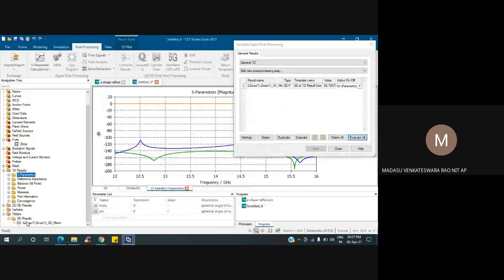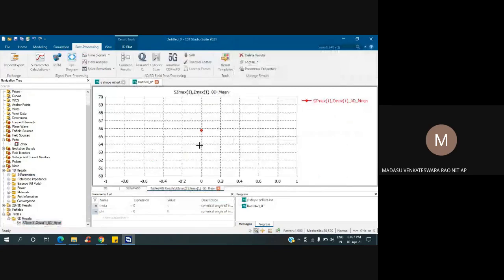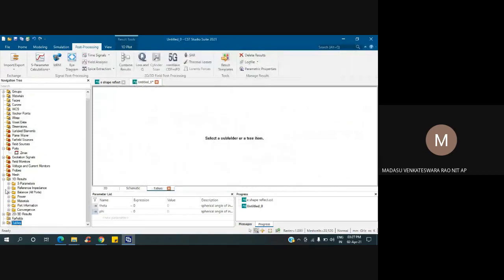Main folder phase at given x. I'm going to tables. Sir, here it is coming like this.